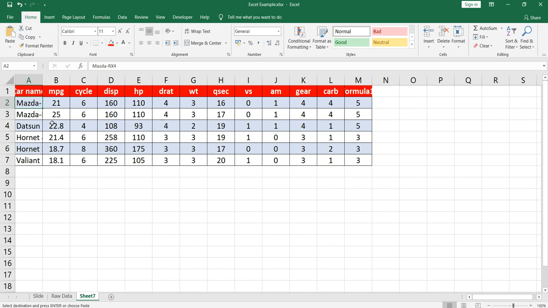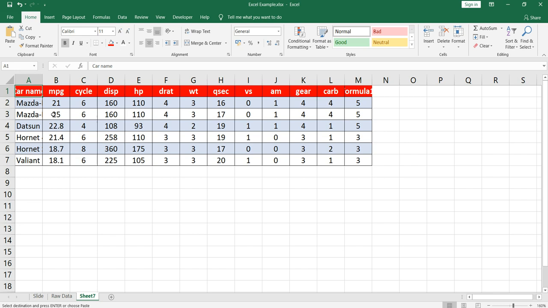Although the value is Mazda RX4, the text visible to you is only Mazda dash, right? For example, here in column M the value is Formula 1.